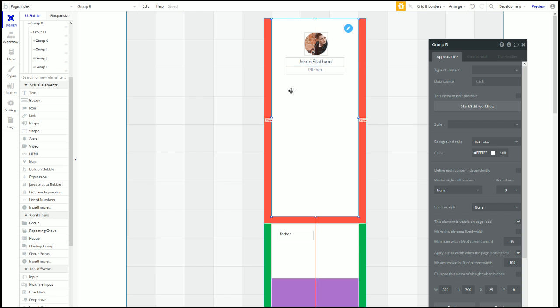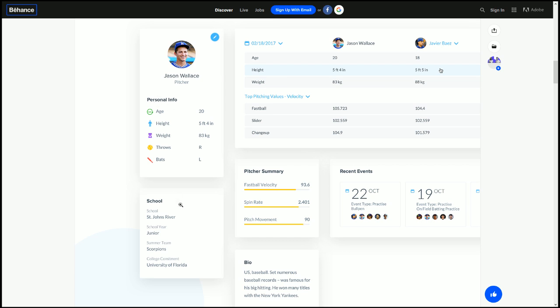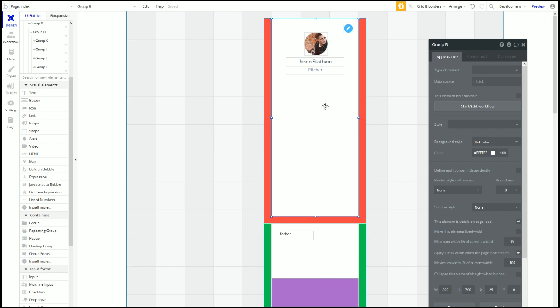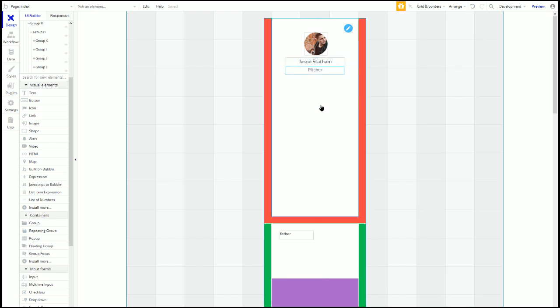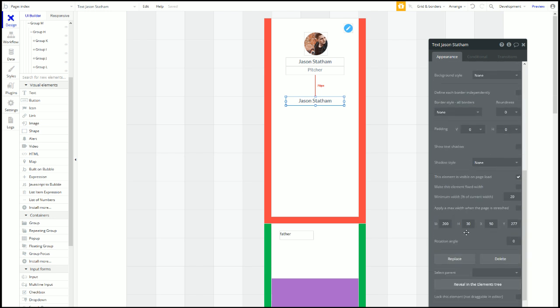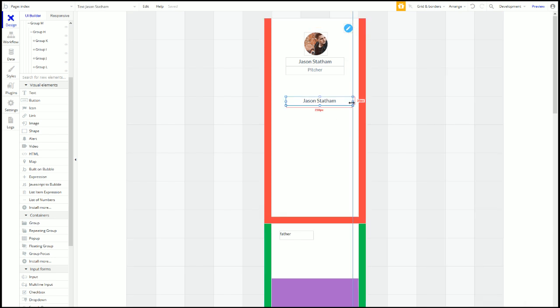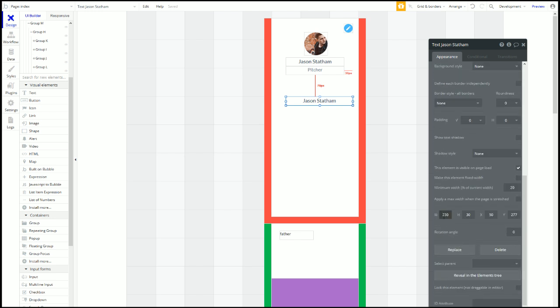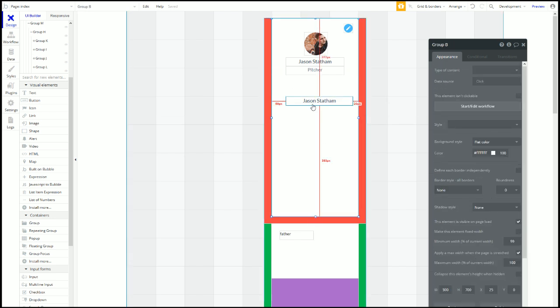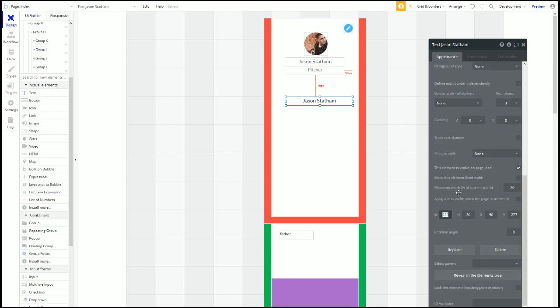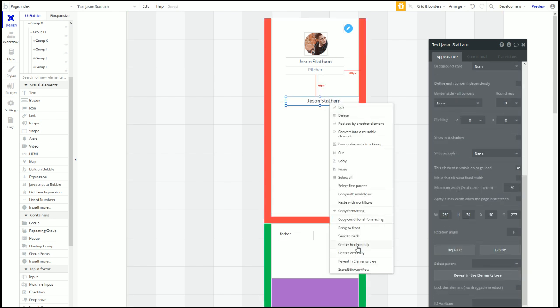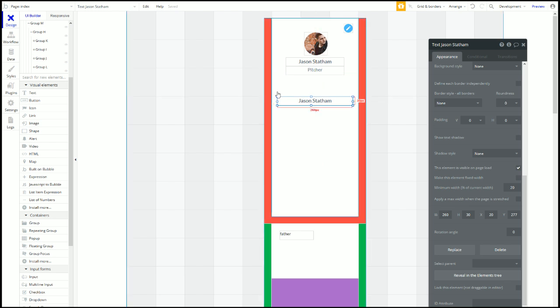Okay, next we're going to set up this: a header and then some icons and then an age and then some values. So what you would do is something like this. Let's grab this. It's 200 and it's definitely not aligned right. What we have here is a 20 pixel margin. So we're going to go ahead and duplicate that. And 20 plus 20 minus 300, which is our full width, is going to be 260, I believe. Let's center that horizontally. And now we have our area for our